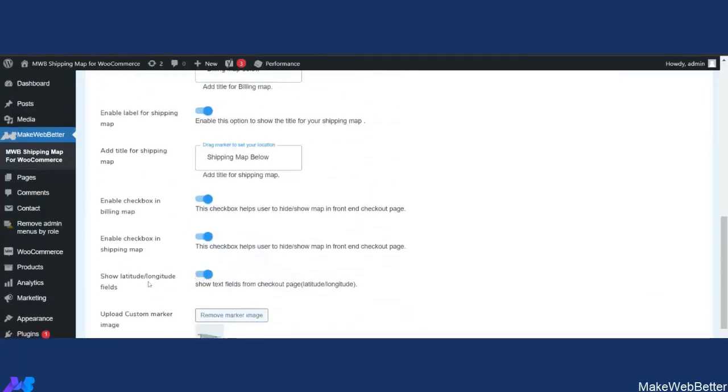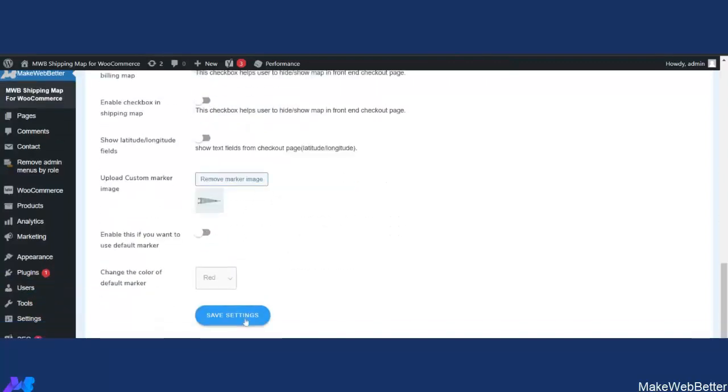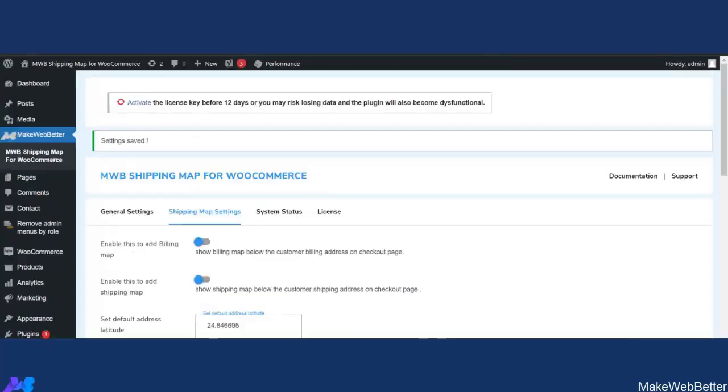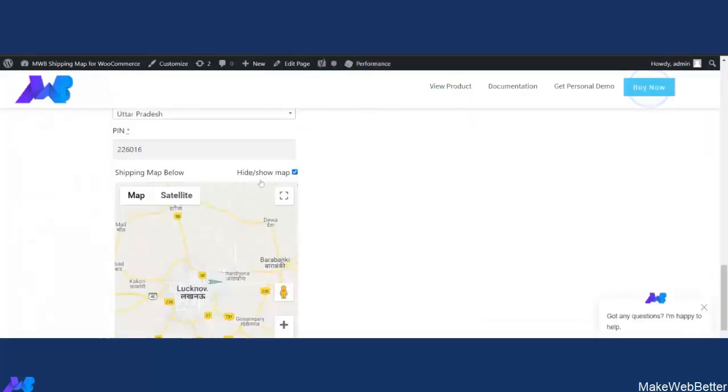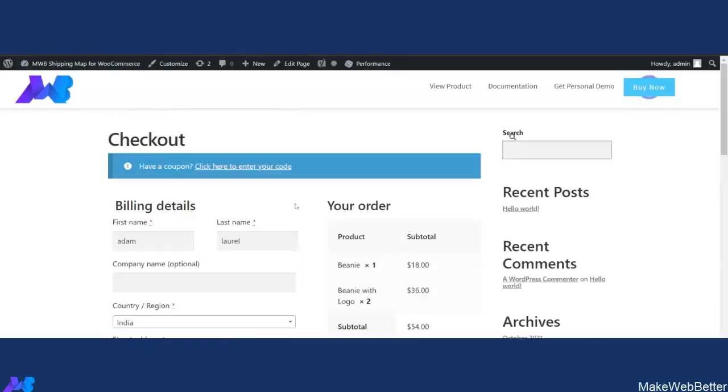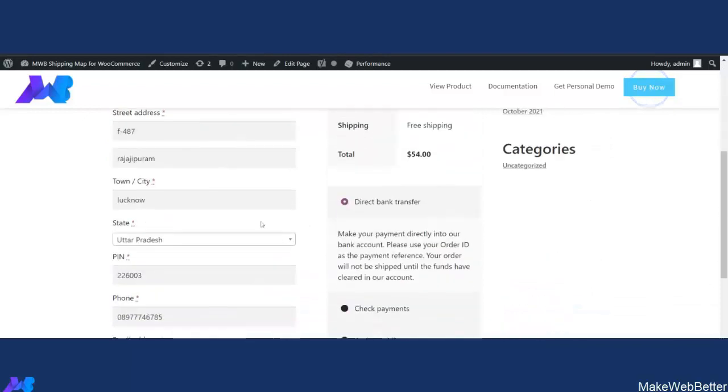Next, if he doesn't want to show the latitude or longitude, or the checkbox to hide or show the shipping map or the billing map, he can simply disable this and click on save settings. And if he doesn't want to show the default marker, he can also disable that. So let's click on save settings, move to the order checkout page, refresh this and scroll down.